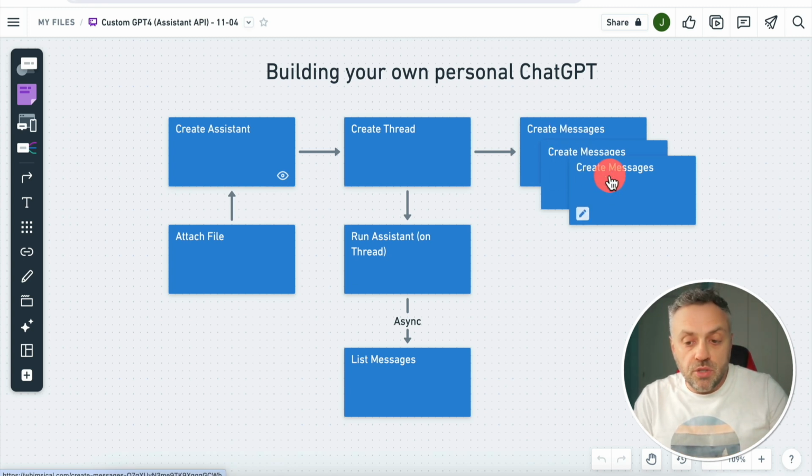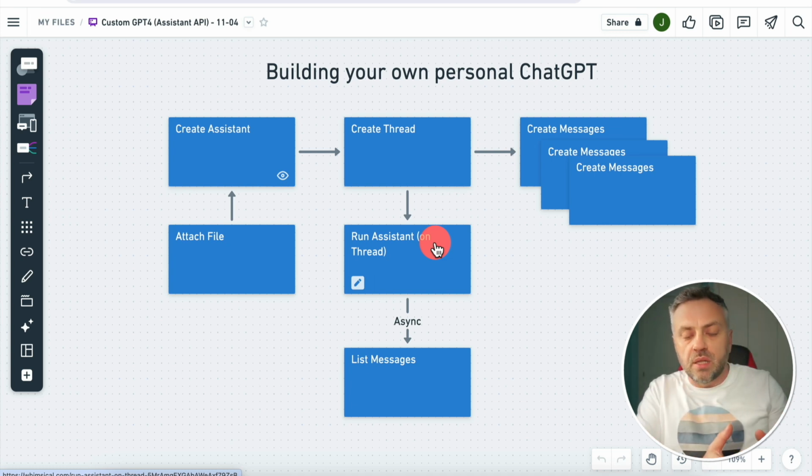All of these are going to be messages here. Now, creating the actual messages is not enough. You actually need to tell the assistant that you now have various messages that you wanted to process. And this step is called running the assistant on a specific thread, because an assistant can potentially be dealing with multiple threads, right? You create that one assistant or that one custom ChatGPT, but you may have different threads of conversation, right? Essentially different conversational threads, depending on what you're asking or depending on a specific user that is engaging with your custom ChatGPT. And so in this final step here, you will need to run the assistant on a